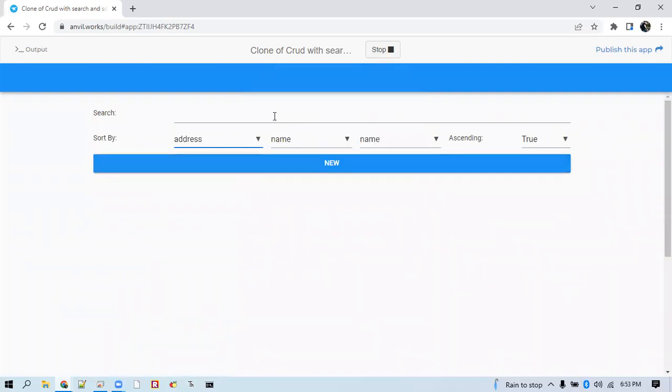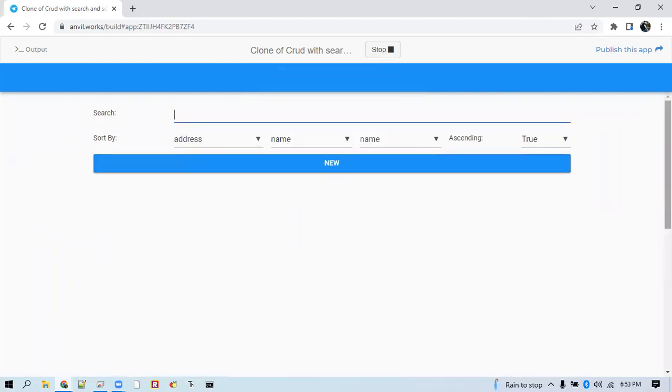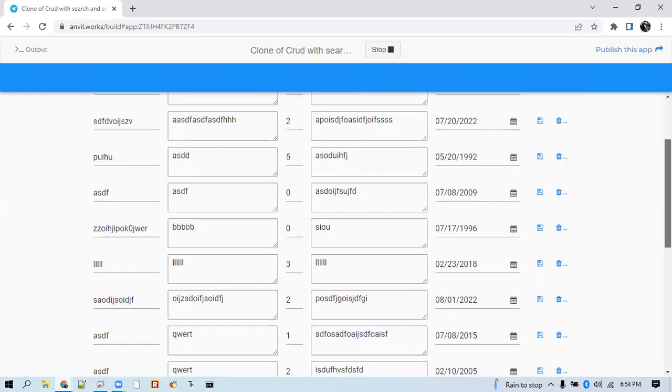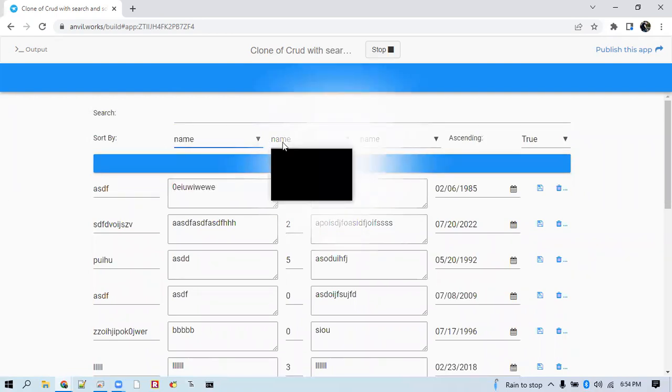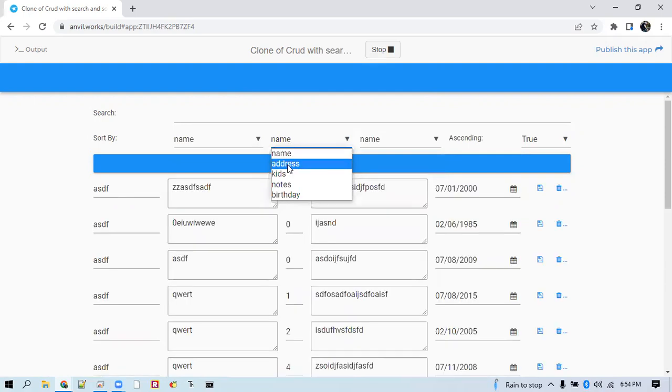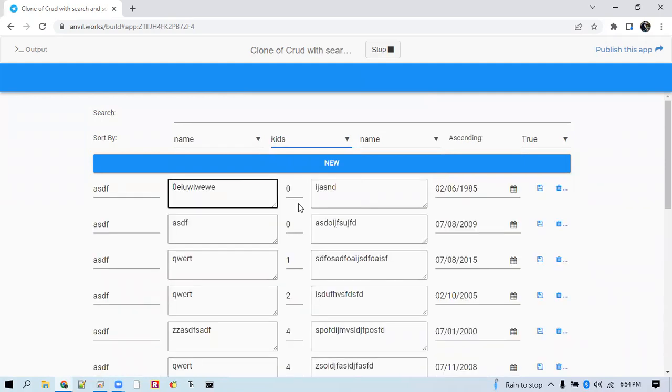And make sure also that this is working. There we go. Okay, so now everything should come up in sorted order according to address, and it is. And if I sort by name, and then by, let's see, we'll do it by kids. So we should get a whole bunch of ASDFs here first, and then they should be sorted according to the